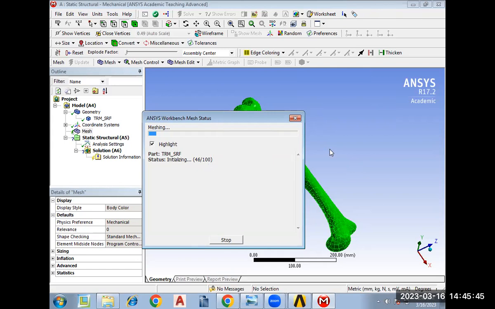And if you want to take any image of this after importing, because whenever you are writing any research report, or whenever we are publishing any papers, we have to take images. So for taking the images, you have to make sure that you are taking high quality images. In ANSYS, you will get very high quality images. I'll show how to take the images in the ANSYS Workbench, and how to take any